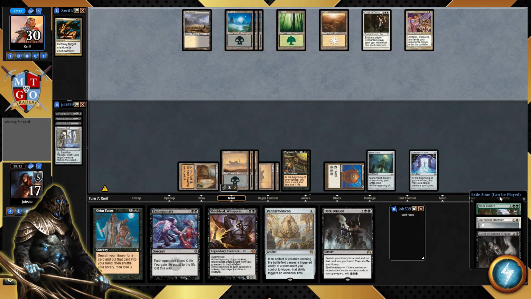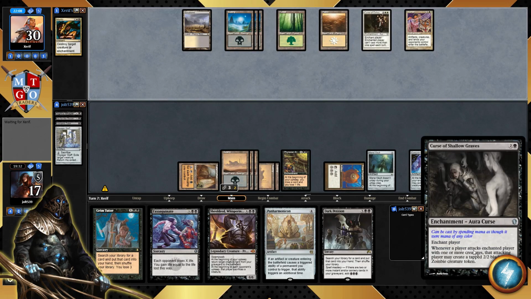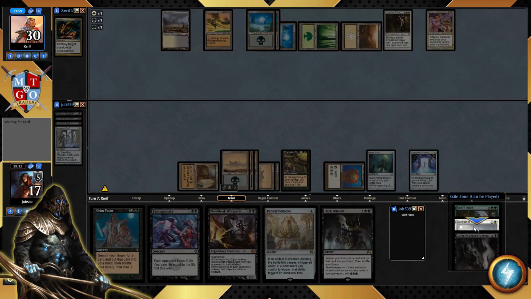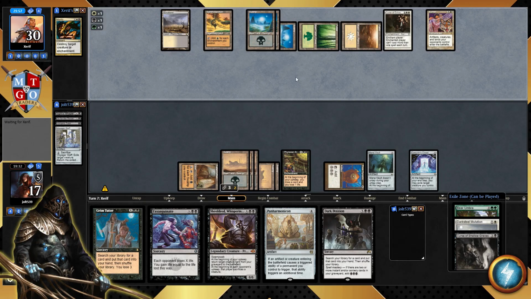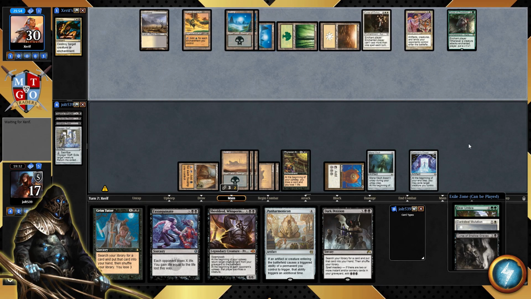Now, as far as what we've stolen, we've got Bear Umbra, Darksteel Mutation, and then also Curse of Shallow Graves. With Curse of Shallow Graves, enchant player, whenever a player attacks enchanted player with one or more creatures, that attacking player may create a 2/2 black Zombie creature token. So basically, it's just kind of like a 3-mana enchantment. Now, our opponent does have a Sarah's Sanctum down, and I think,